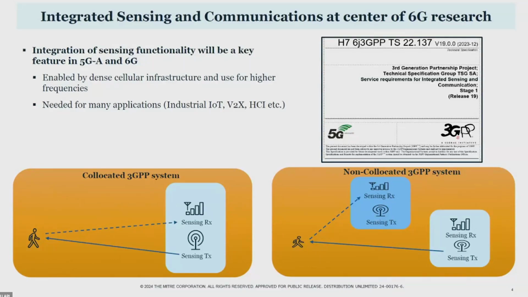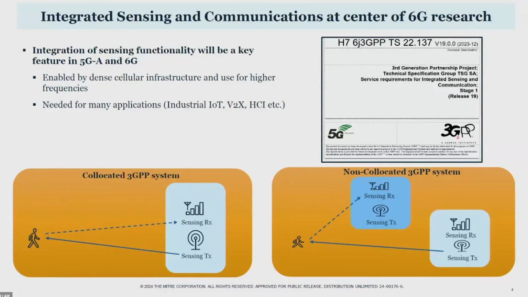However, what is not covered in the specification is the fact that the signals can be non-3GPP signals, right? So for example, if it's a Wi-Fi signal, can you actually do this? That part is not really covered in the standard. But the good news is that the architecture being discussed in this specification is readily transferable to a system where the reflected signal is non-3GPP. And that's exactly what we will use in the